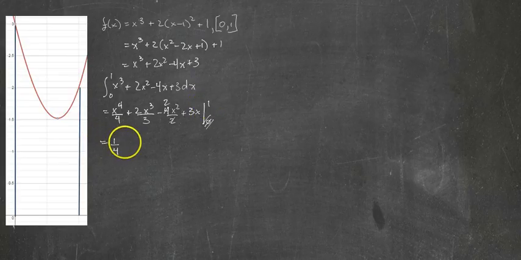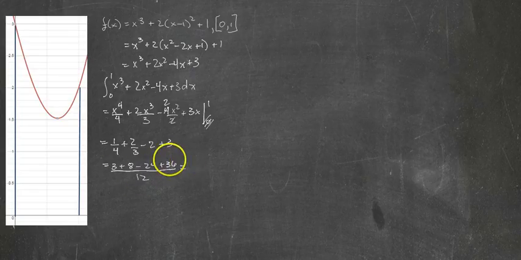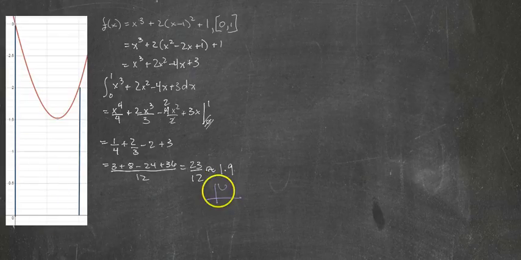So I have 1/4 plus 2/3 minus 2 plus 3, common denominator, 3 plus 8 minus 24 plus 36, all over 12. So my area then is 36 take away 24 is 12, plus 3 is 15, plus 8 is 23/12, which is approximately 1.9. Okay, so I know that the area under the curve, what I'm looking at is this area